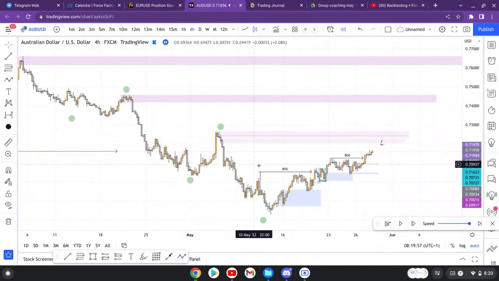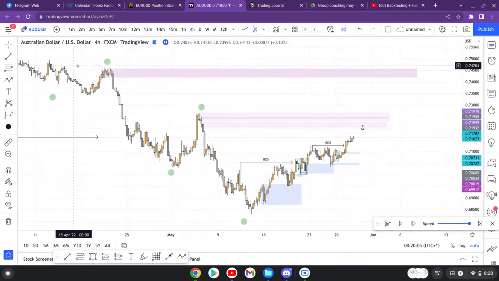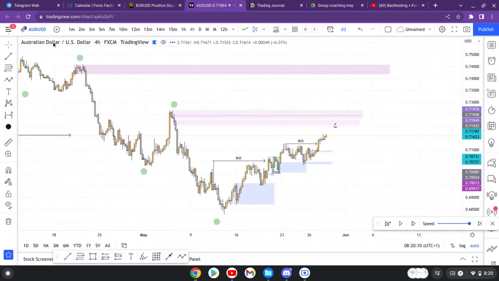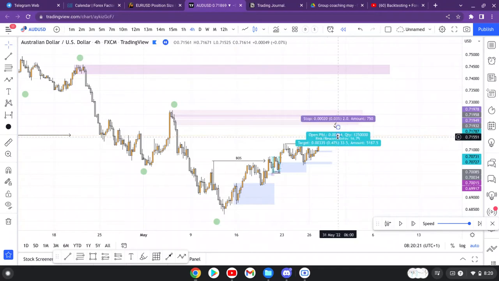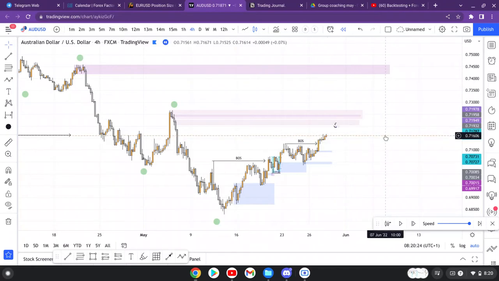Here, I'm just going to do a little trade recap on the Australian dollar to the US dollar, which simply means that if you were buying, for those of you that don't know, it's Forex, it's currencies, as you can see. And that just means it's how many dollars you'd get for one Australian dollar. So currently, right now, for one Australian dollar, oh, that was on the back testing thing actually, but it's not far off. So for one Australian dollar, you'd get 71 US dollars. No, sorry, 71 cents. My bad. Right, so anyway,